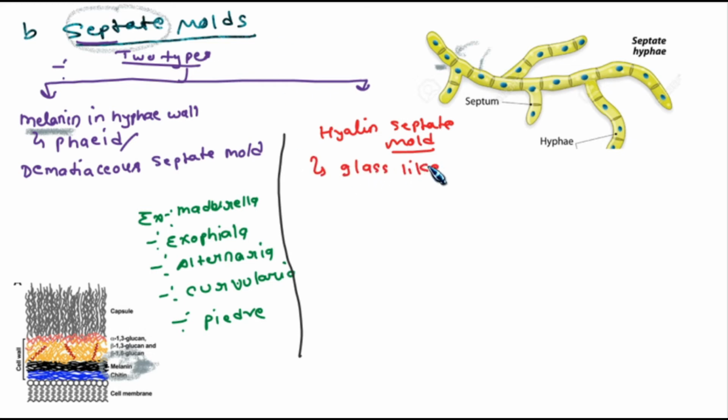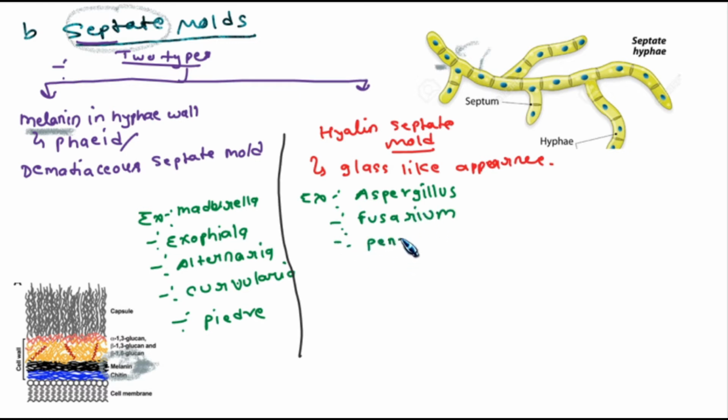Now let's have examples of hyaline septate molds. First example is Aspergillus. Second example is Fusarium. Third example is Penicillium. And fourth example is Acremonium. And fifth example is